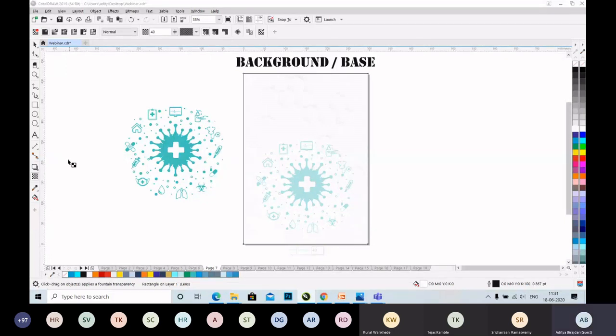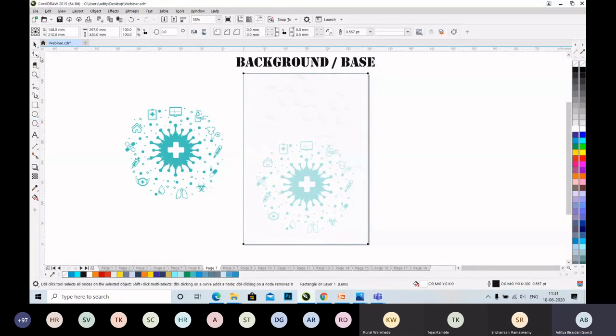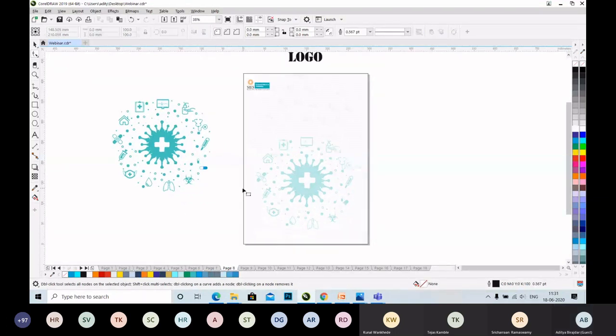Now we can see we have our base ready and it can be used as background. Remember, the background has to match with the content that we will be placing over here. 50% poster is now ready. The main idea behind a poster is that it should be self-explanatory, and you have to place the content in such a way that the reader gets an idea behind the poster within a minute or two.